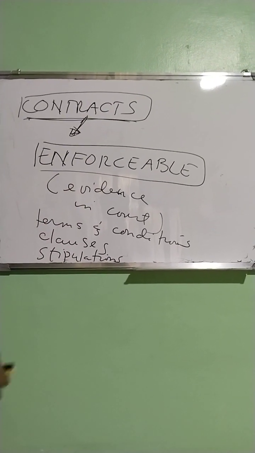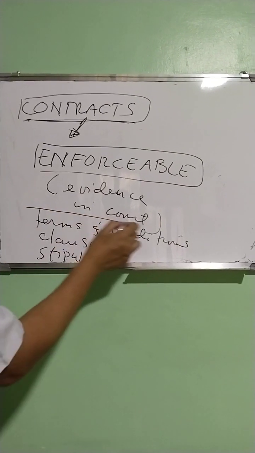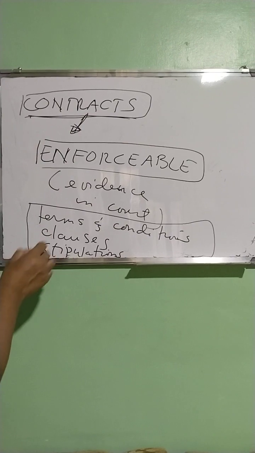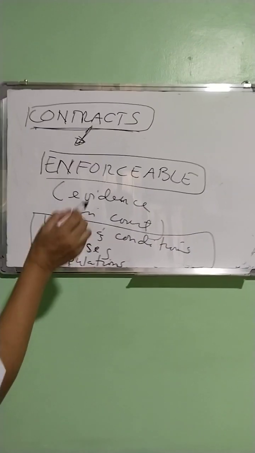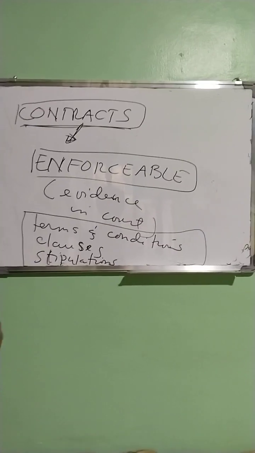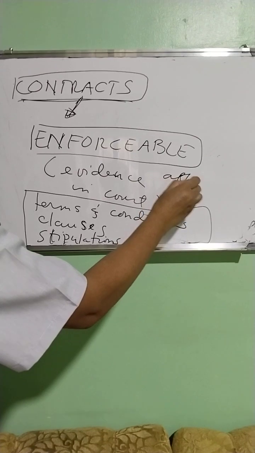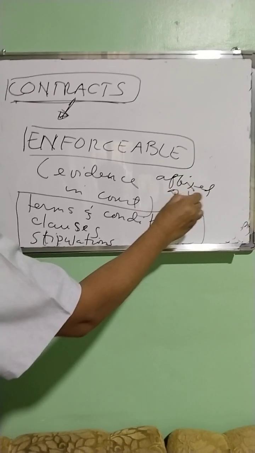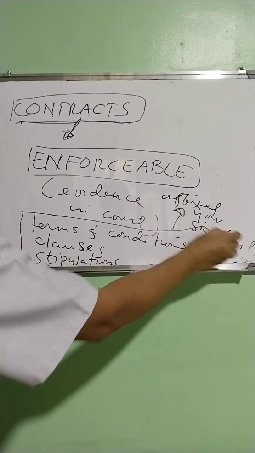And once that has been presented as evidence in court, then you will be bound by all the terms and conditions, by all the clauses, by all the stipulations contained therein. Why? Because you have affixed your signature. Right? So you have to be very careful. Now,